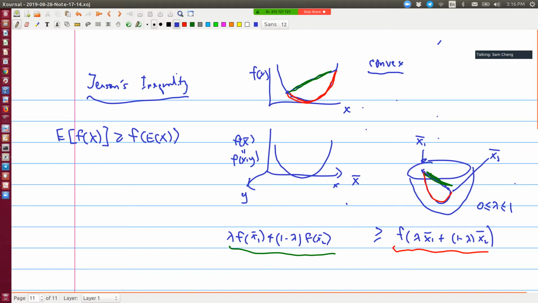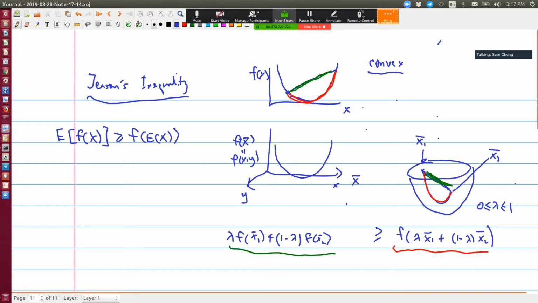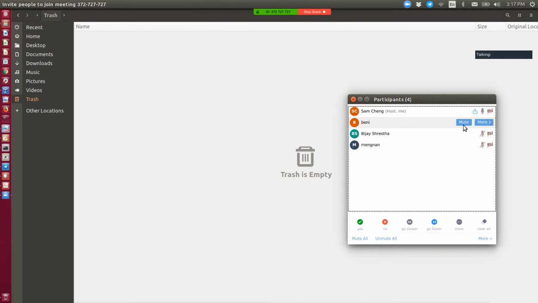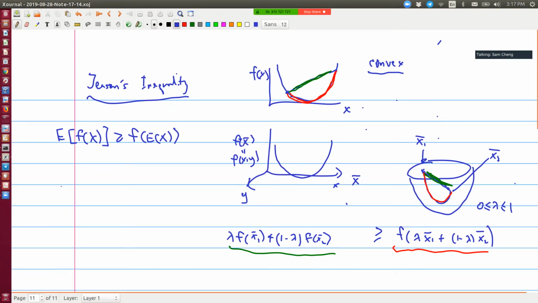For example, if I look at, okay, Ben is also trying to get inside. Let's see, probably here. Oh, here. Now, okay, Ben also came in. So